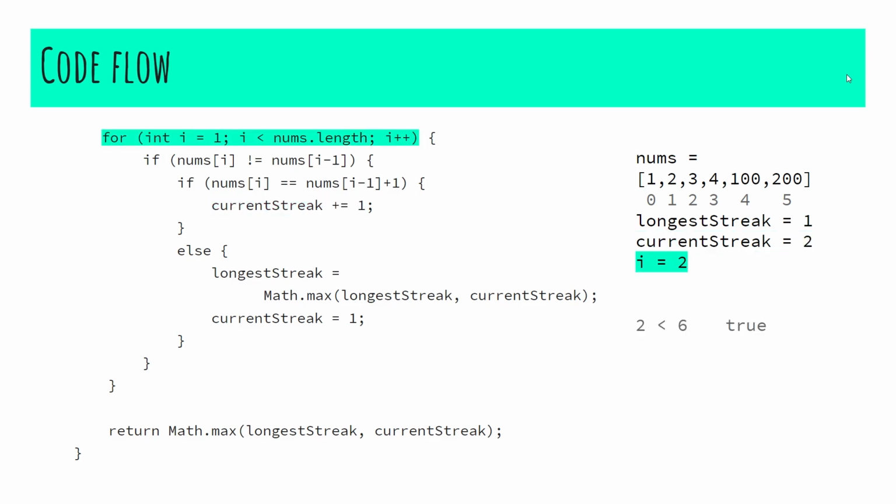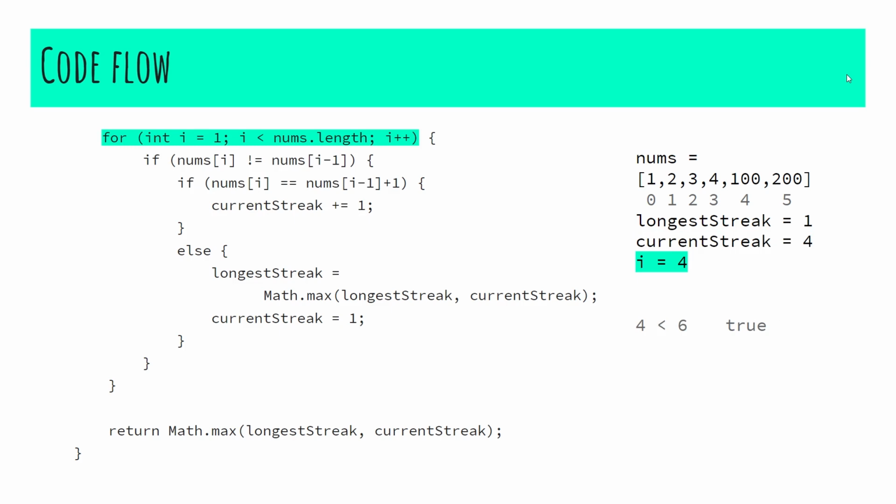On my second iteration, I'm going to again check whether the previous number and the number pointed now are not equal, and then we'll be checking whether both are consecutive numbers. If so, again I'll be incrementing the current streak value. Now, on my third iteration, again I'm going to check whether the previous number and the current number are not equal, and then I'll be checking whether they are consecutive numbers, and then adding 1 to my current streak value.